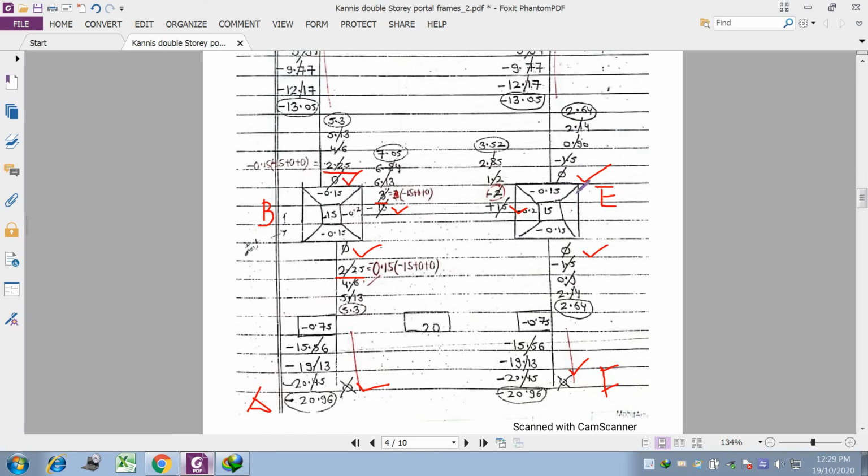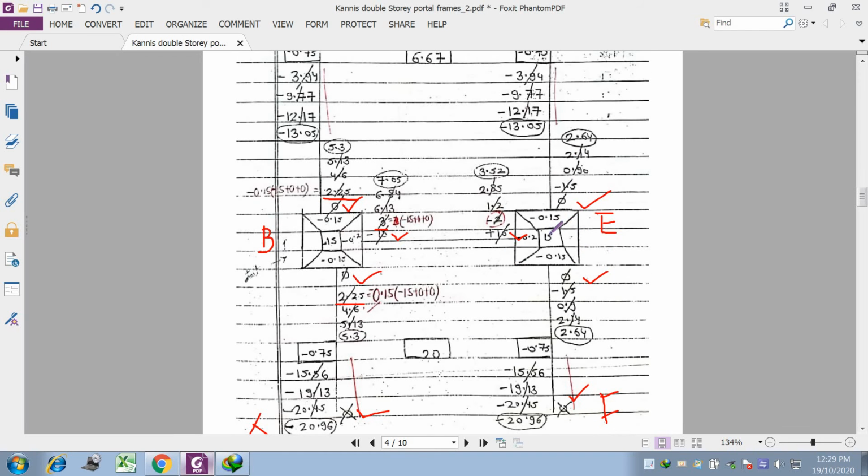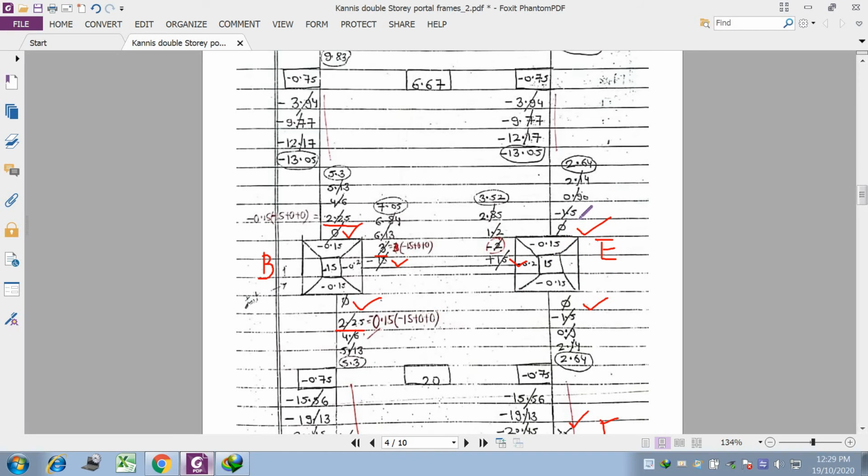Similarly, go to the bottom part, that is E. Now at E, you have to calculate the values of this minus 1.5, then minus 0.2 and minus 1.5. So let us see how this minus 1.5 you will get. Initially outside the bracket you have to write minus 0.15.